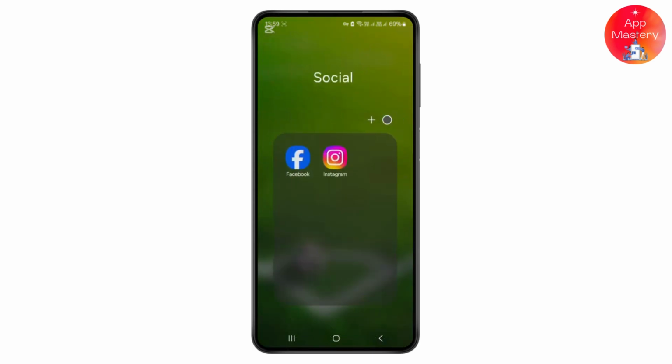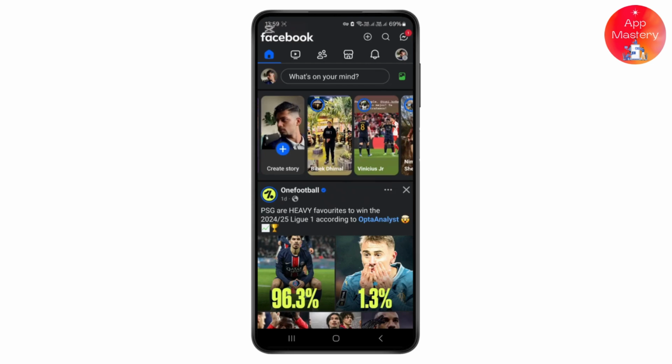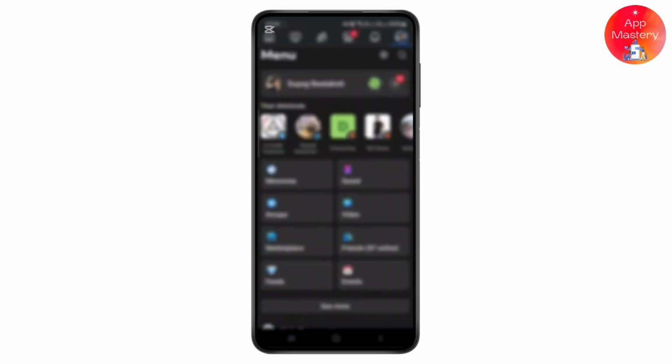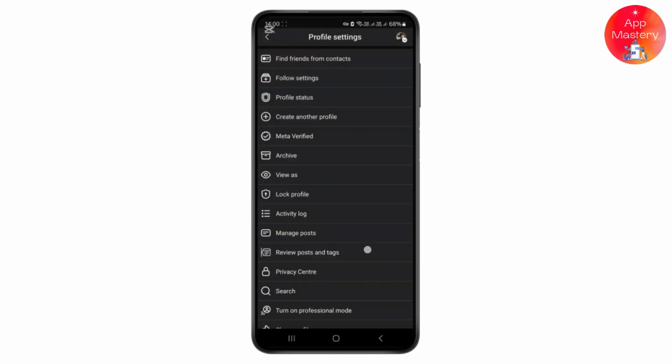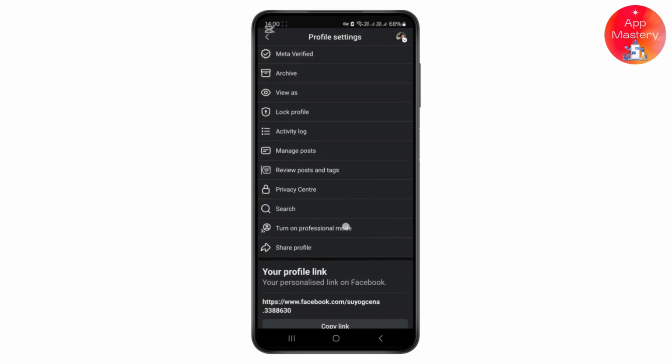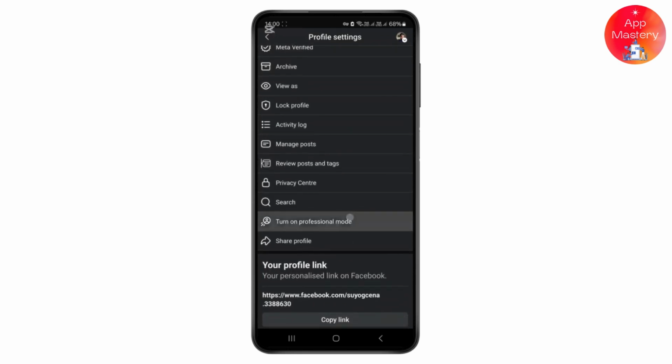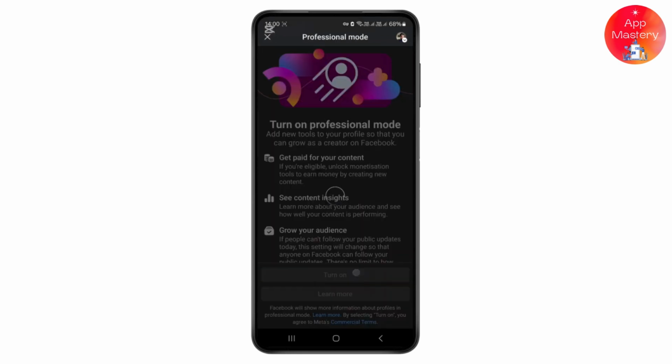So first things first, simply head over to your Facebook account, and once you're inside your Facebook account, simply click on your profile section. Once you click on your profile section, simply head over to your main profile section, and as you can see there is a three dot option over here. You can simply click on it. Once you click on it, you will see the option called turn on professional mode. As you can see here, once you click on it, you simply need to turn it on like this and